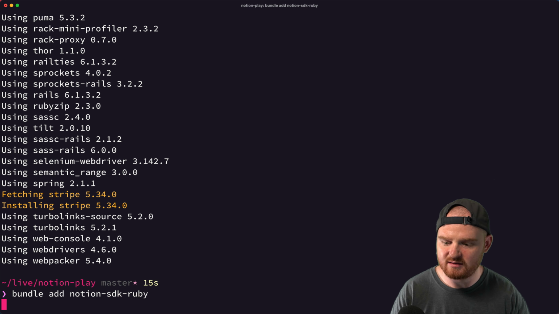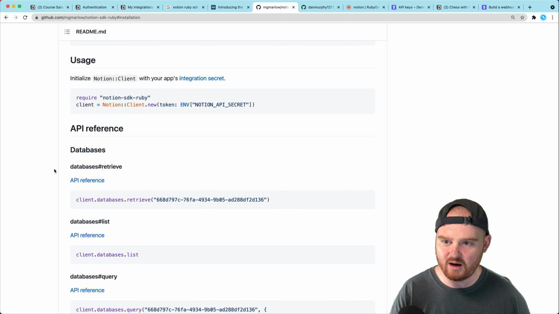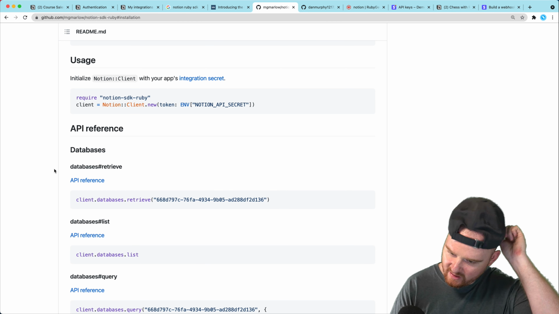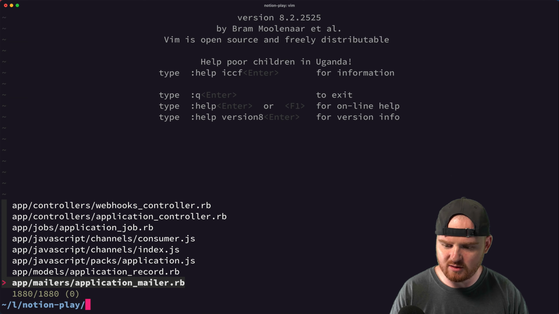Bundle add notion-sdk-ruby, and then we'll need to create some initializers where we set up the client, the Notion. Or I'm sorry, I guess we don't need an initializer if we're just going to use this client directly in that one controller action. Same thing with Stripe. Well, with Stripe we can. Let's do them both in the controller action, that's fine. So webhooks